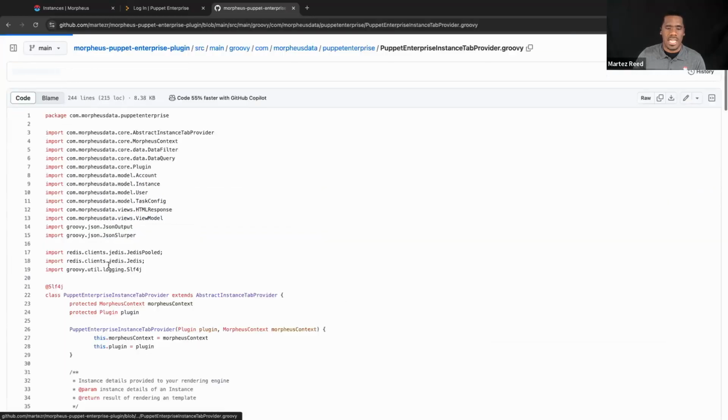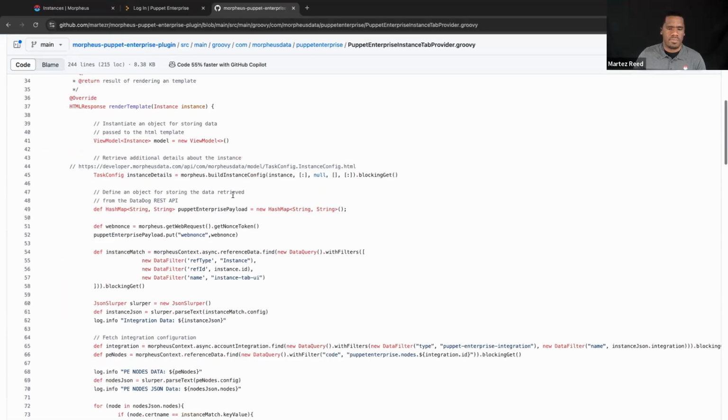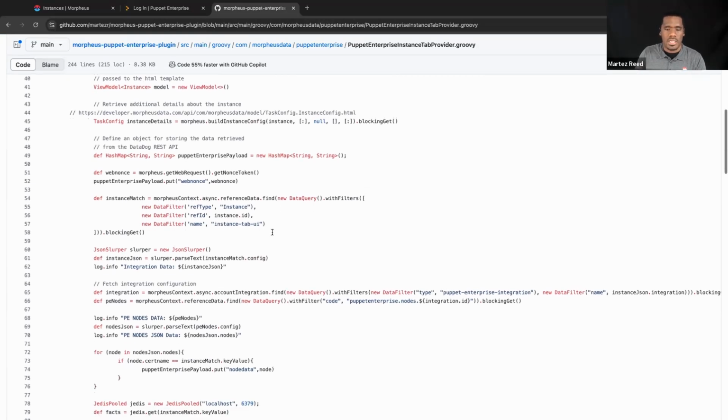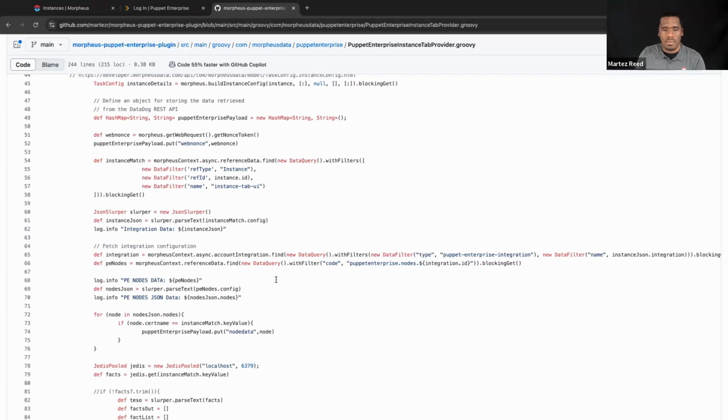In this case, I have an instance tab provider. So for those that are familiar with instance tabs, similar as we saw with the integration page, we have the render template section in which I'm going to be able to pull back the information and data about whatever it might be, and then present that via the UI component. In this case, what I'm doing is I am going through a couple of different pieces. I am doing things like checking to see if this instance